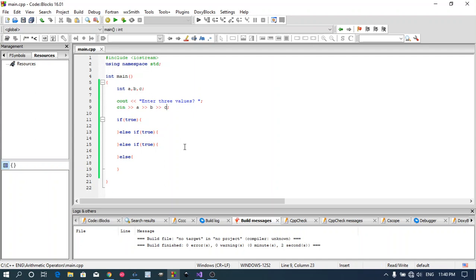In this way you can take three numbers, or any number of variables, from the user. We are going to take three values for these three variables. Now if we want to check whether one variable is greater than the two others, we have to write some condition. If a is greater than b, and